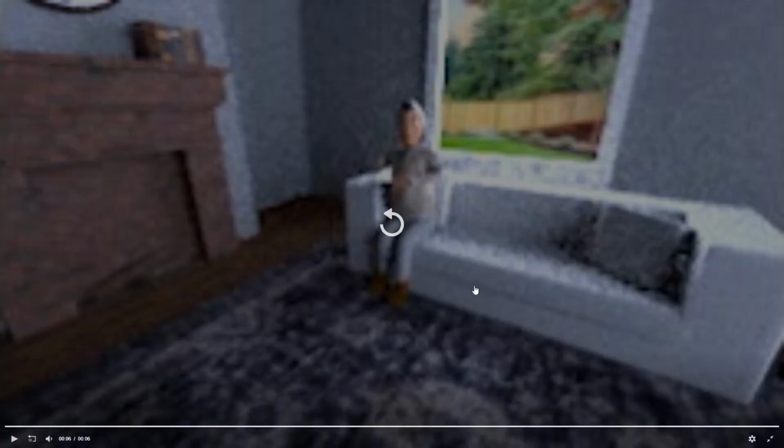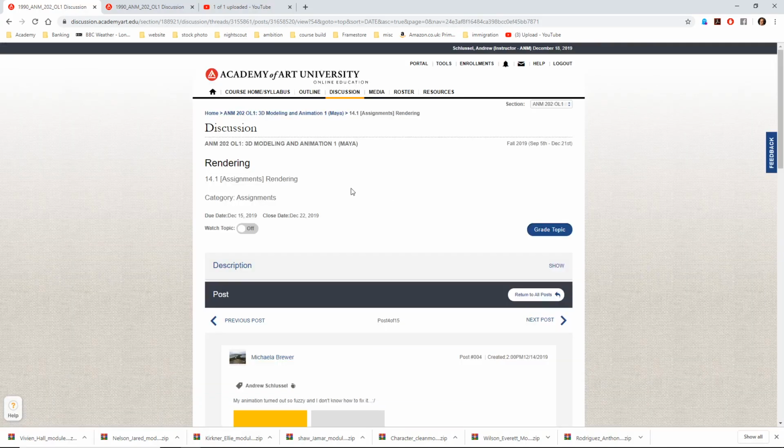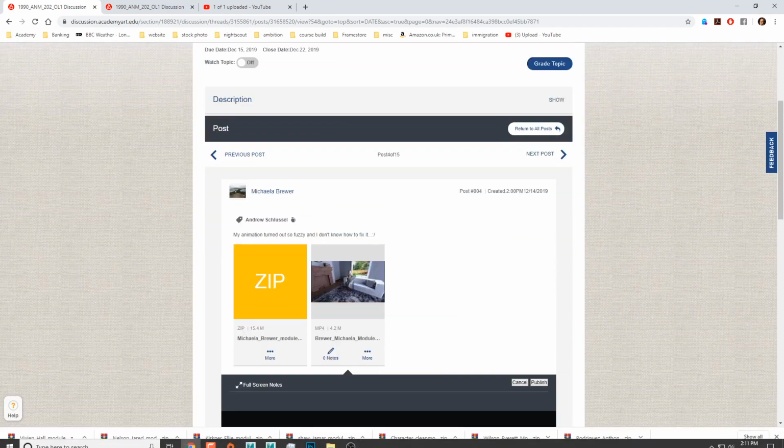Alright, so yeah, it indeed turned out very grainy and also I think it's very low res. So we'll take a look at both of those things. Also, some of your animation is still in stepped mode, so let's look at all of those issues in the